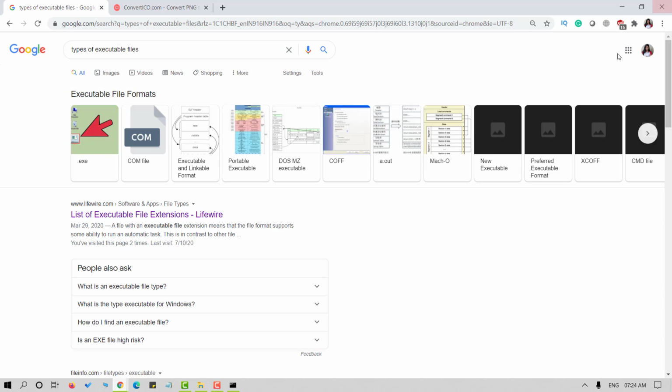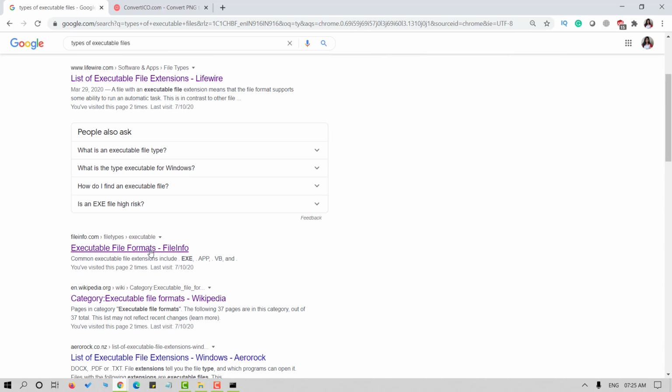Now let's look at the types of executable files here. Please note that you should exercise caution before opening any executable file, especially the ones you receive in suspicious emails or downloaded from unfamiliar websites.